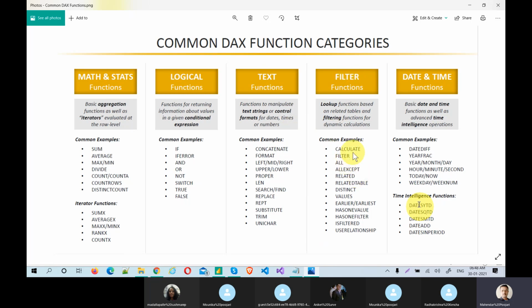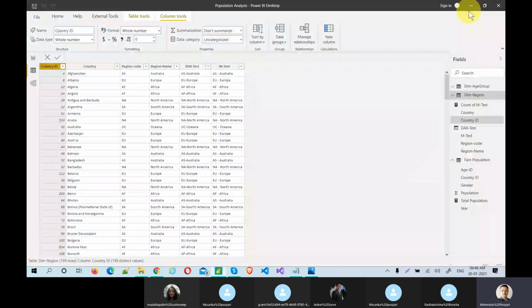CALCULATE is one of the most important parts, we will talk about this later. And filters, all except rarely used functions, but USERELATIONSHIP is one of the most important things we will discuss. Date is actually one of the most important things we will use frequently. We are going to work with that. Let me do it right away.